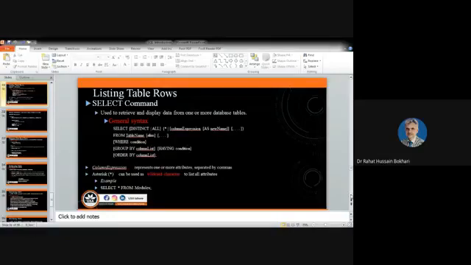Its general syntax is given: select whether we need all the records or distinct records, and then we have to write from table name, and with the table name we can also use an alias, where condition, then group by, then order by. All this syntax that is given, we have to discuss one by one, and I will give you examples of that, and you must learn this select command in depth.